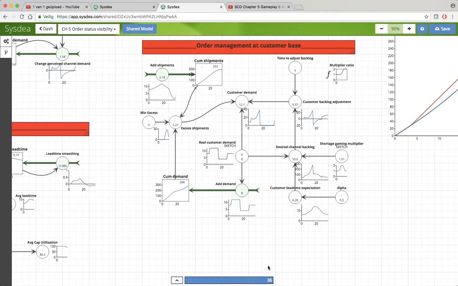Customer demand. Customer demand in this model is a combination of a number of factors. First of all, there's a real customer demand, which corresponds with the historical demand in the semiconductor sector in the period 1999, 2000, 2001, 2002. So this model starts somewhere. Month zero is the beginning of 1999,